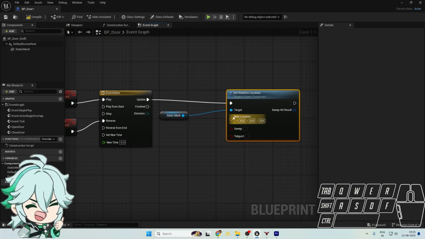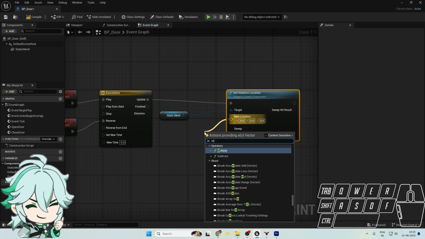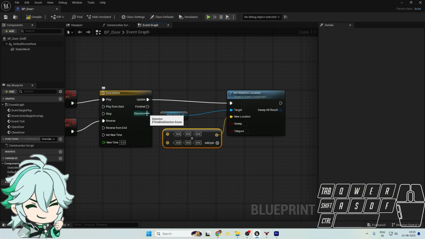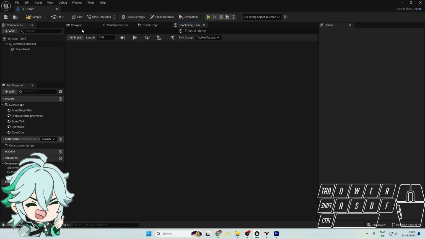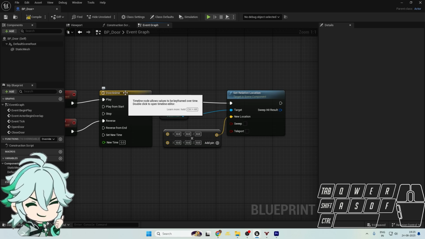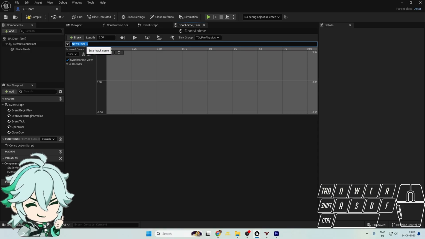We still haven't specified the location, so we're gonna put a multiply node, and we're going to connect direction. Oh wait, we don't have this right now. We have to double click on the door animation, add a track, float track. I am gonna name it left,